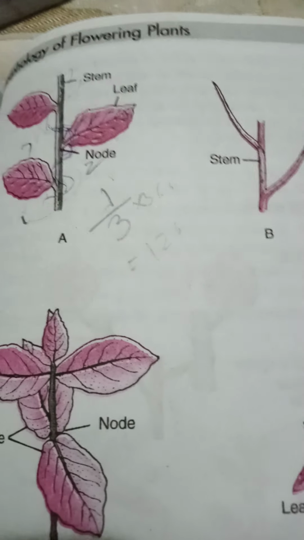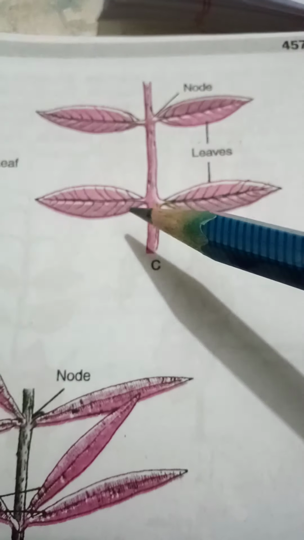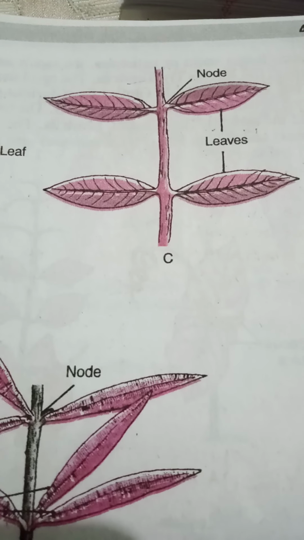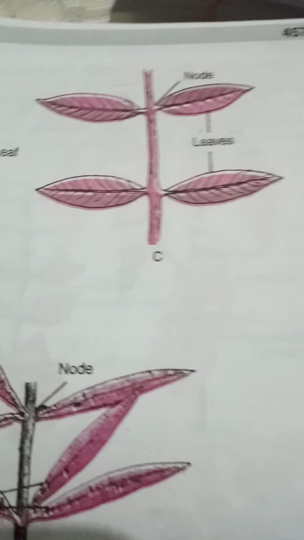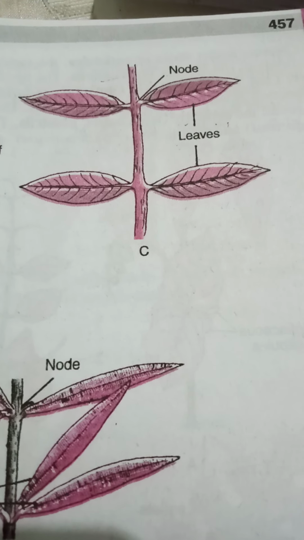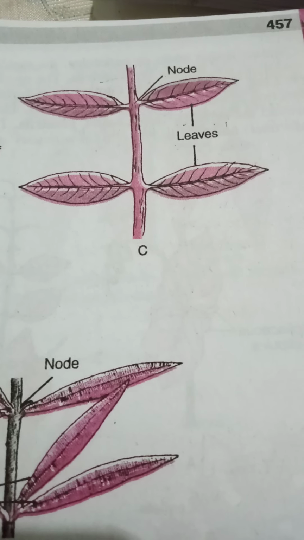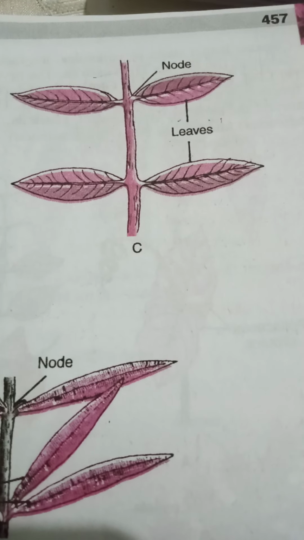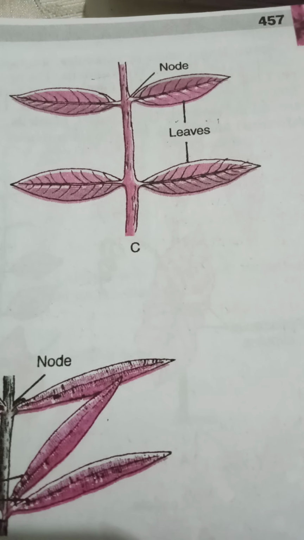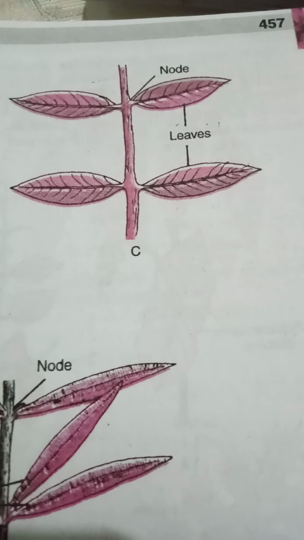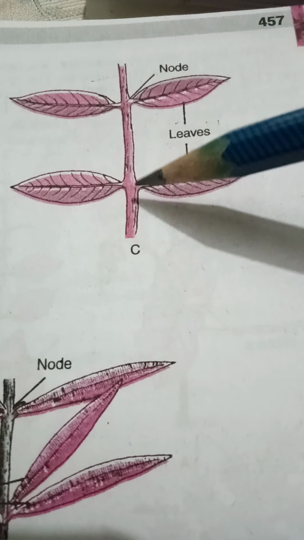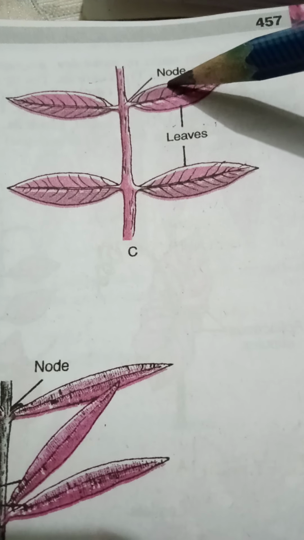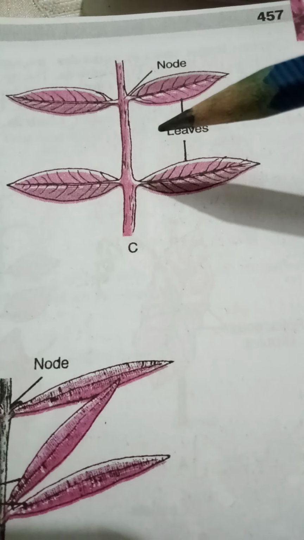Then next we come to the opposite phyllotaxy. So the name itself indicates that the leaves are arranged in an opposite manner. Okay, so this is observed in case of guava. Now this type is again subdivided into two parts. One is called the opposite superposed phyllotaxy. That means the opposite leaves of the successive nodes lie one above the other, so that only two vertical rows are formed. That means this is one node, it is having two opposite leaves, the above node having two opposite leaves, just one above the other, so they are forming a distichous condition.